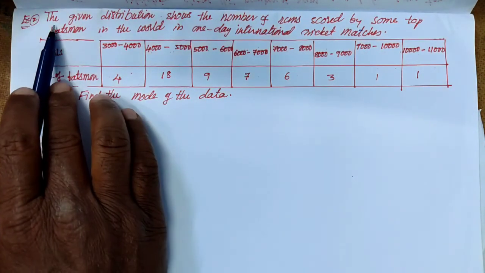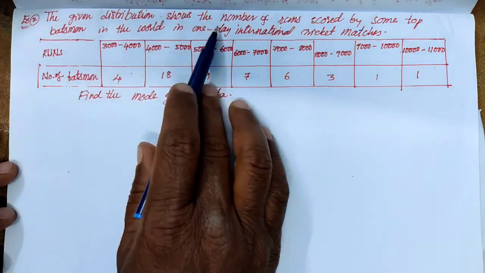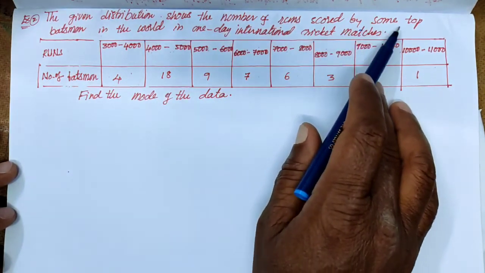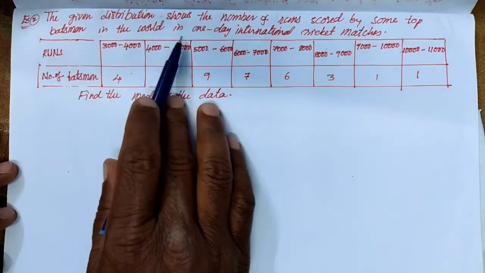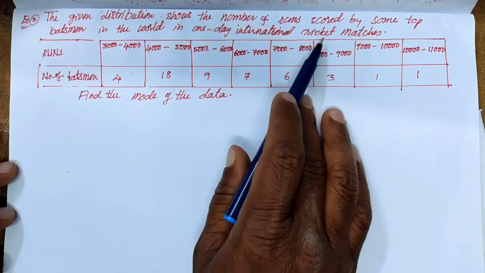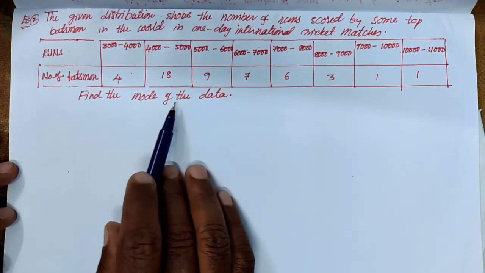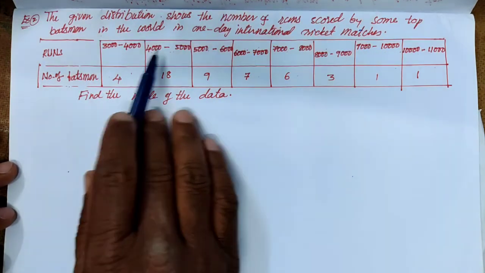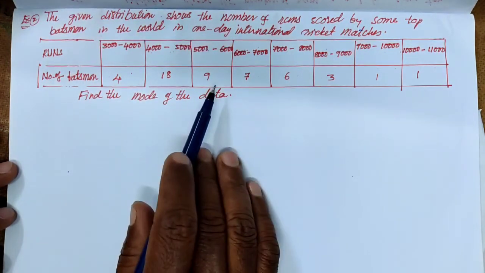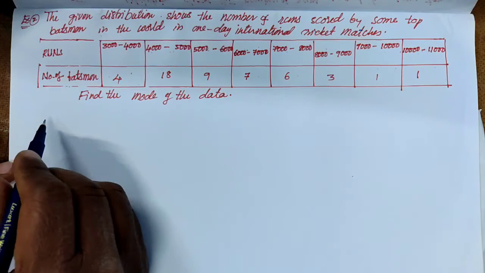To this data we have to find the mode. Once again, the given distribution shows the number of runs scored by some top batsmen in the world in one-day international cricket matches. Find the mode of this data. Okay, so the answer: